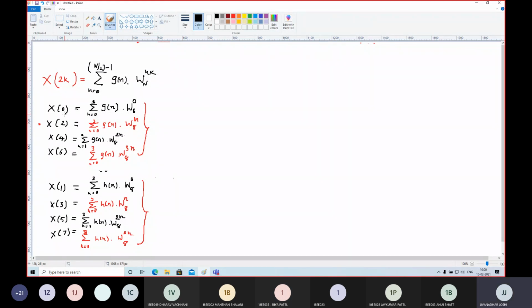So, sir, X of K here. G of N and H of N are one input, one is on the right side and another on the left side. Now tell me, where should I write down capital X of K? Right side, of course, because that's the output. Generally, we are okay with the output being at the right side.